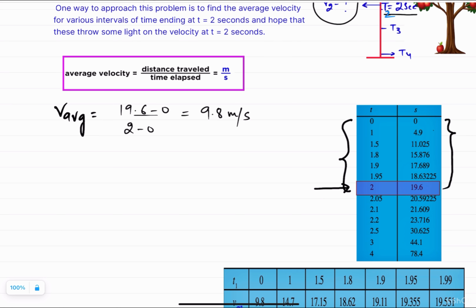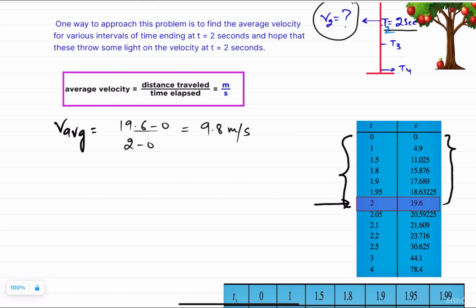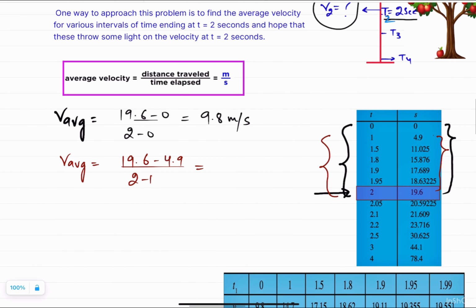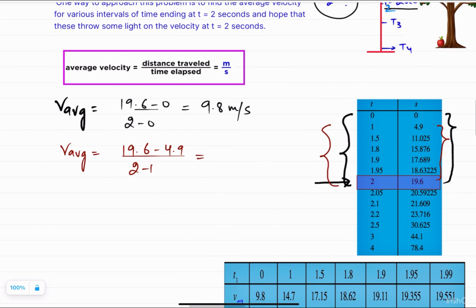meters per second. Now for the interval 2 seconds and 1 second, the average velocity will be the change in distance, which is 19.6 minus 4.9, divided by the change in time, 2 minus 1. If we solve it, it will be equal to